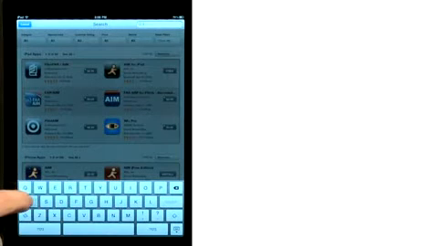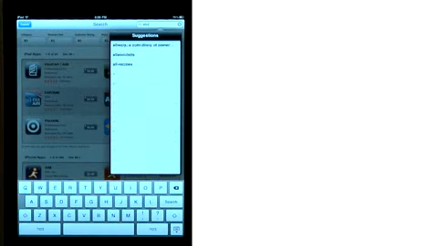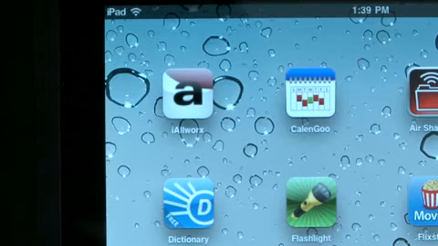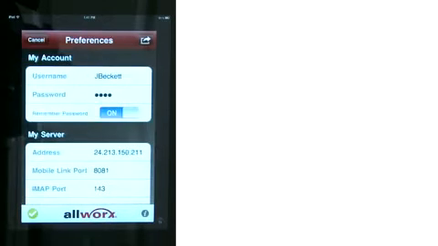Here's how you set it up. You must log into the Apple Store and then search on Allworks to find the iAllworks application. The application is free. Download this application like any other application and note that there is a new Allworks icon on your phone. Launch the application and then click the I in the lower right corner.